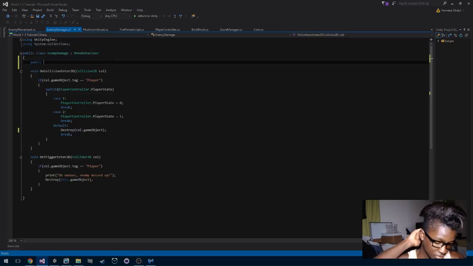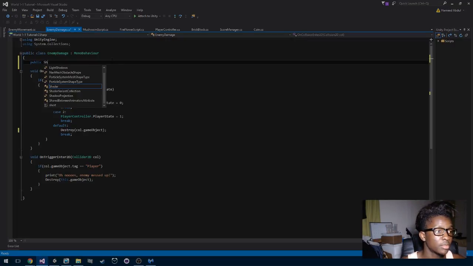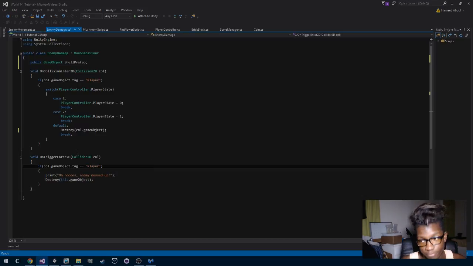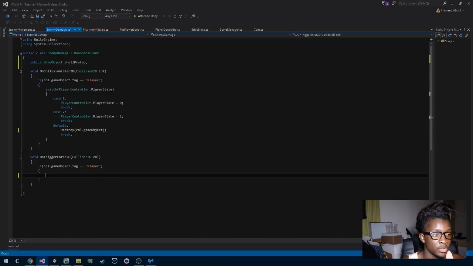public game object variable that we can assign our shell prefab to. We're just going to name it public game object shell prefab, and then from there go down to our on trigger enter 2D function and change these two squiggly lines from destroy to